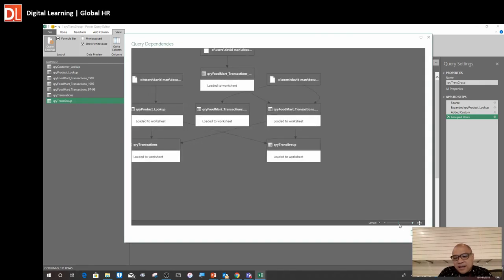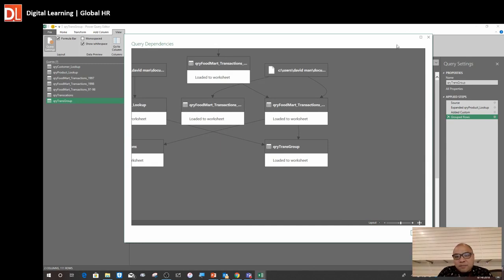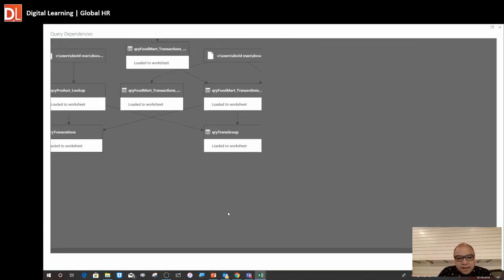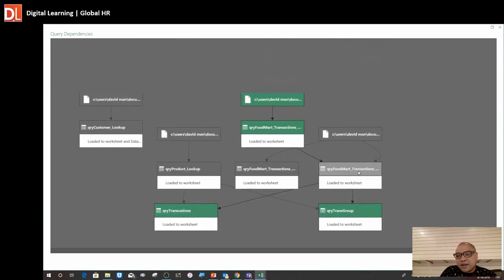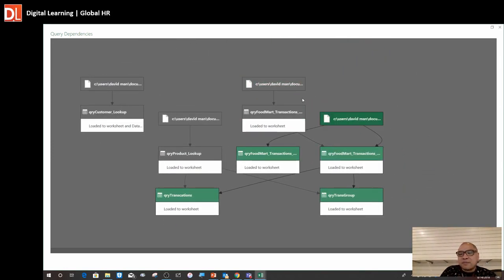I just want to expand it to let you have a better look at that. Yes. Okay, can you see this? At the very beginning, the customer lookup query will retrieve data directly from this CSV file, and also this one as well. This one is for the MAR transaction. And here for this query transaction also, from the data source. So what you can see here is that this table, this table, this table, and this table come from the